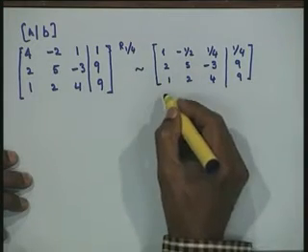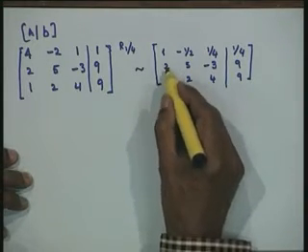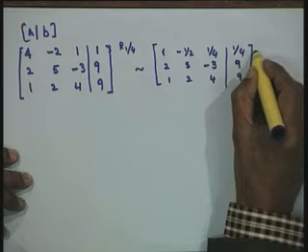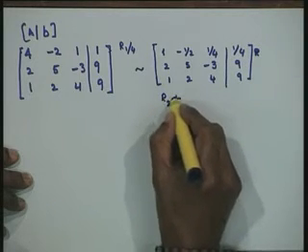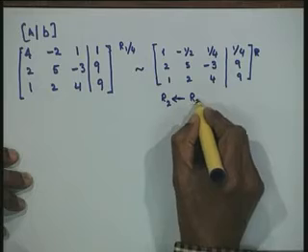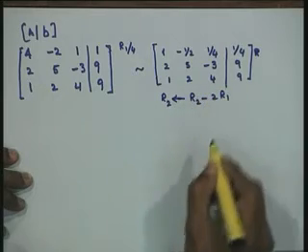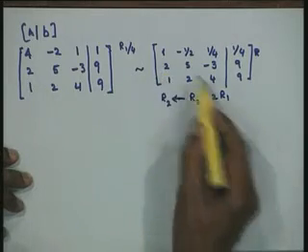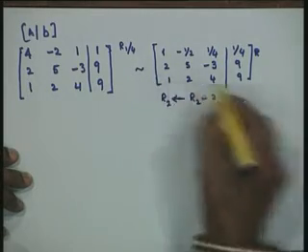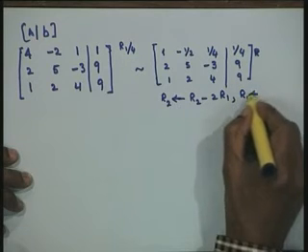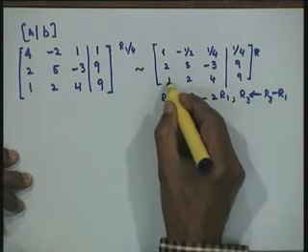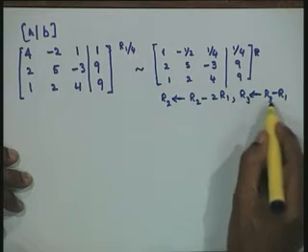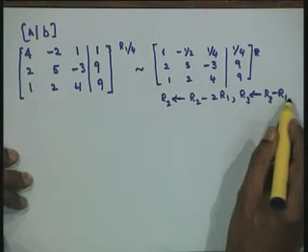Now, I would perform the elementary row transformations. I should make these two as 0. So, I must make this transformation: R2 minus 2 R1. From R2 I will subtract 2 times the row R1, and from R3 I just need a subtraction, R3 minus R1. If I subtract these two I will get a 0 over here. So, R3 will be replaced by R3 minus R1.